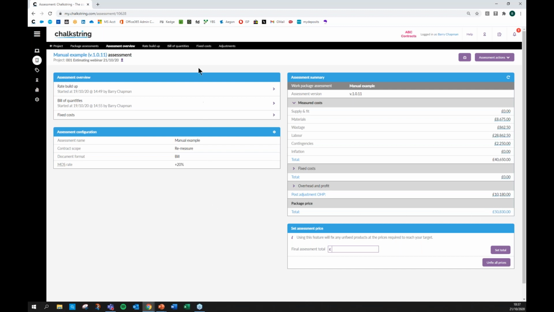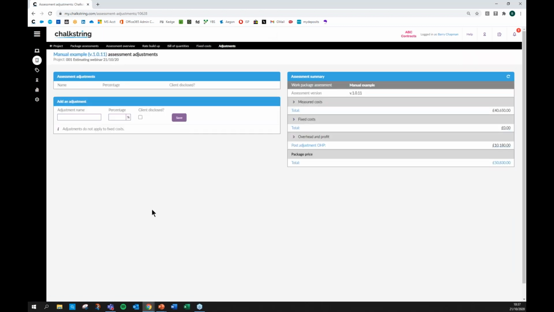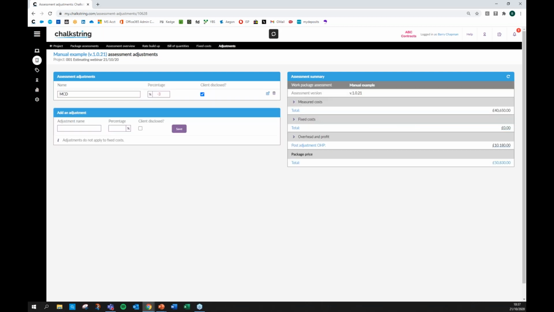And it may be now, of course, you want to put prelims in there and other fixed costs, where you can go in and add in any prelims or fixed costs. It's also worth mentioning things like adjustments. Clients talk to me a lot about things like main contractor discounts. So if, for example, you need to put an MCD on there for your main contractor to placate them to win the job, and they insist on, say, let's just say 3% for the sake of argument, you can put that in. You can disclose that to the client, because obviously they're going to want to see that discount, and you can save that away. So the contract value has now dropped down to